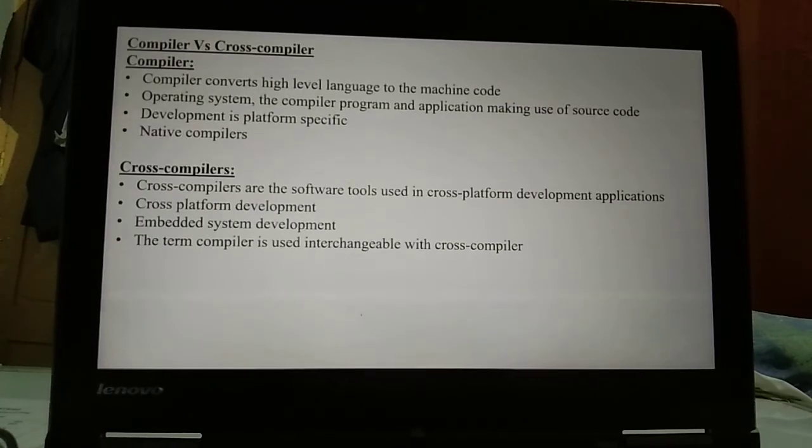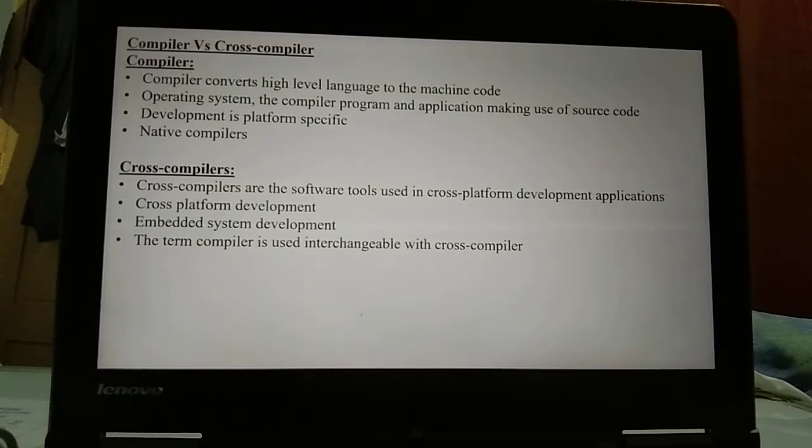Compiler versus cross compiler. A compiler converts a high-level language program written on top of the operating system to machine code. Here, the operating system, the compiler program and the application making use of the source code run on the same target processor. A compiler program is the conversion of high-level language to machine language.